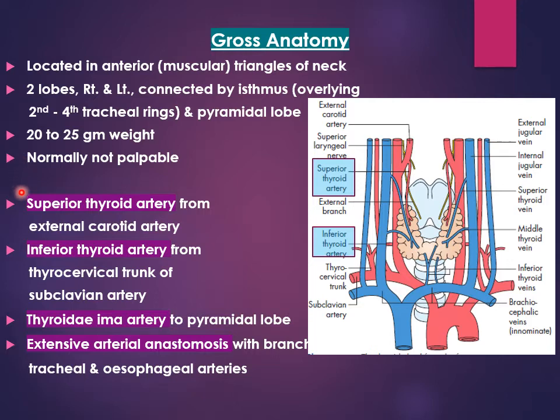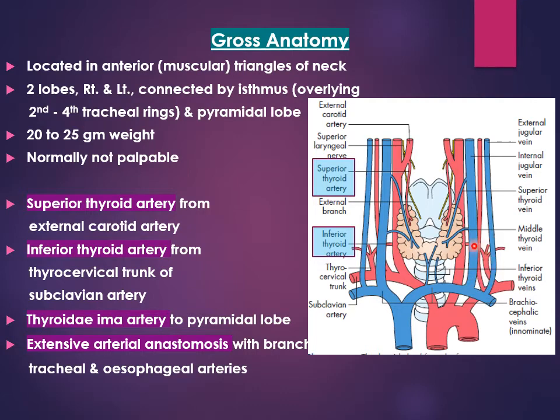Okay, the arterial supply is from three arteries: the superior thyroid artery from the external carotid artery, the inferior thyroid artery from the thyrocervical trunk of the subclavian artery, and the thyroid ima artery to the pyramidal lobe, and there's extensive arterial anastomosis with branches to the tracheal and esophageal arteries. So the main one here you can see is the superior thyroid artery from the external carotid. Then you've got the inferior